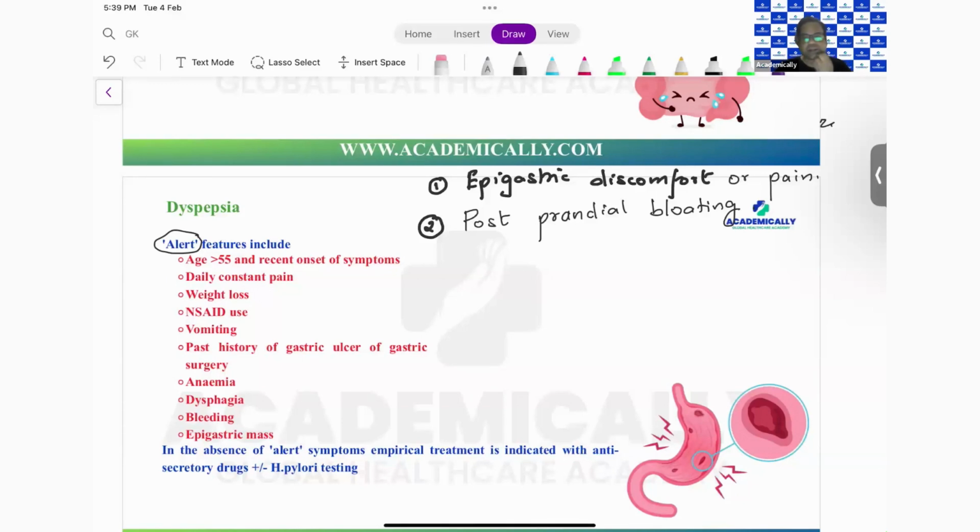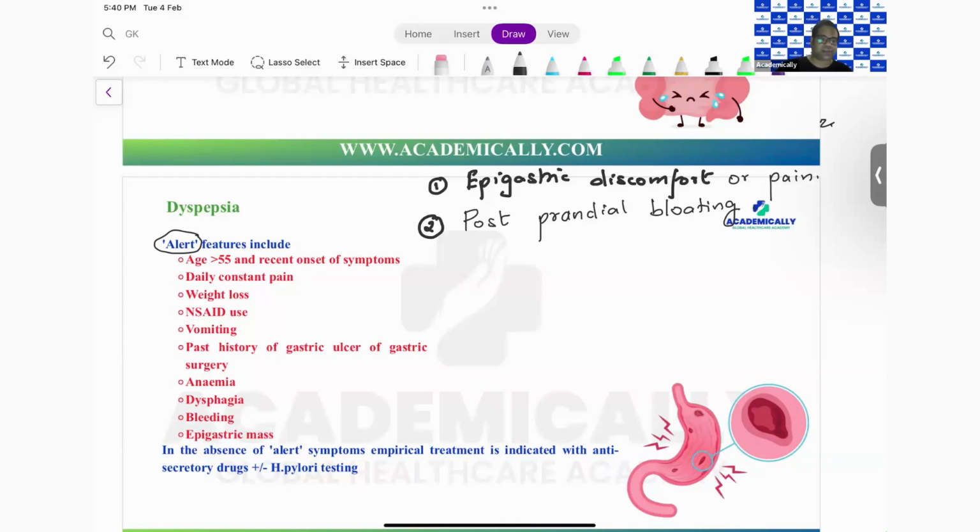Even if you think for some time, you will realize that sometime in your life, maybe 3 or 4 times, you have got these symptoms yourself. So these are very common, and a plethora of causes can cause these. Most of these causes are benign, or most of them are functional. But then there are certain things which are red flags, which we should not miss, because that tells us that this could be something dangerous.